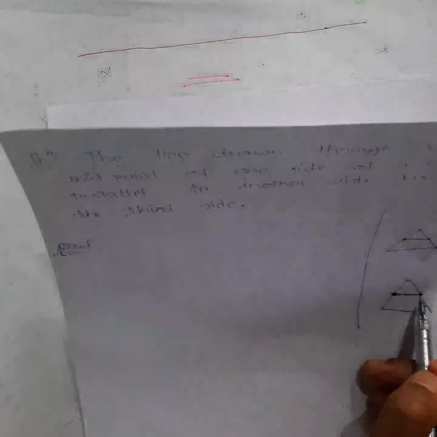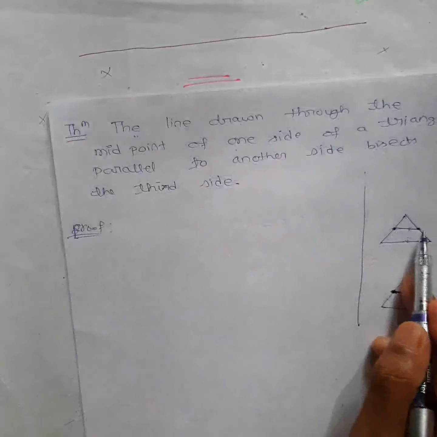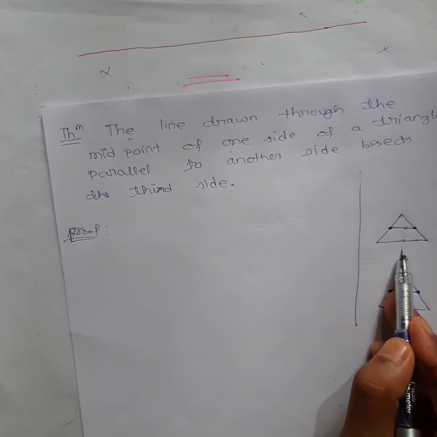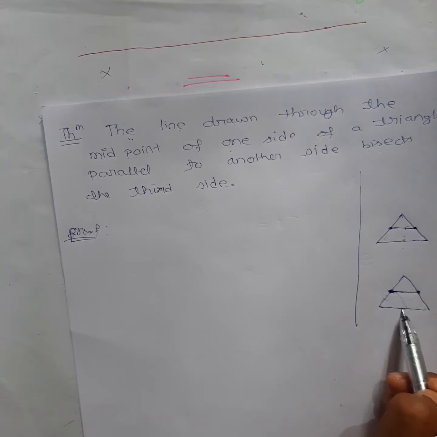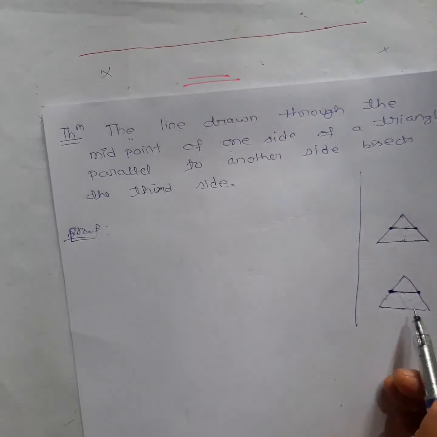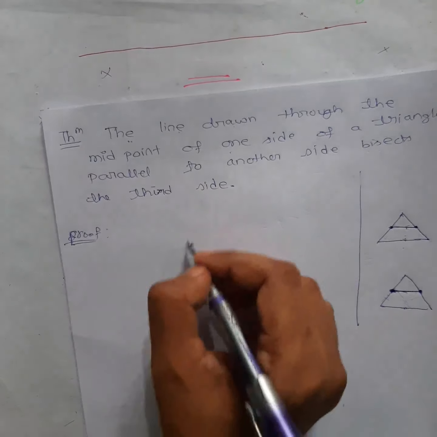That's why I say this is the opposite of that theorem, the previous theorem I have said. In that theorem, two midpoints were given, and the line was parallel to the third side. In this case, one midpoint is given and the line, they have said, is parallel to this. Now you have to prove this is the midpoint. So this proof is very simple, like the previous one only.